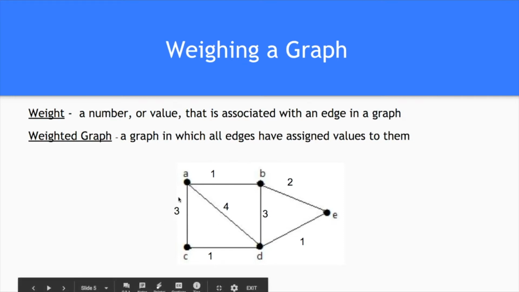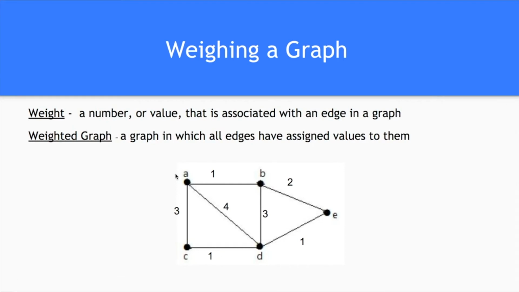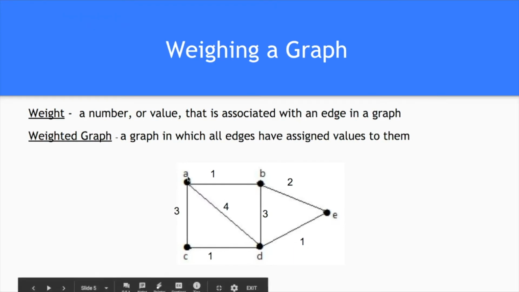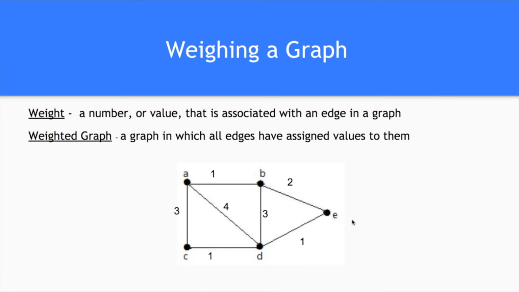So if we wanted to determine the least expensive route between A and E, we look at all pathways between A and E and see which one was the least. A, D, E is 4 and 1, which is 5. A, C, D, E is 3, 1, 1, or 5 also. A, B, D, E is 1, 3, 1, that's also 5. So how about A, B, E? It's 1 and 2. That's only 3. So there are lots of other pathways, but you can easily determine the most efficient,